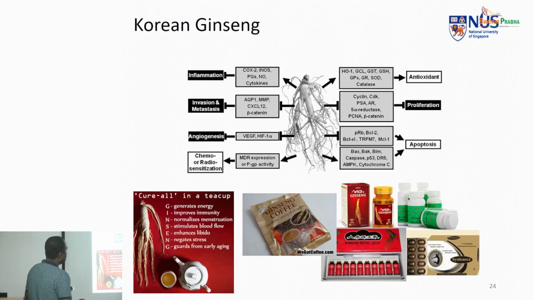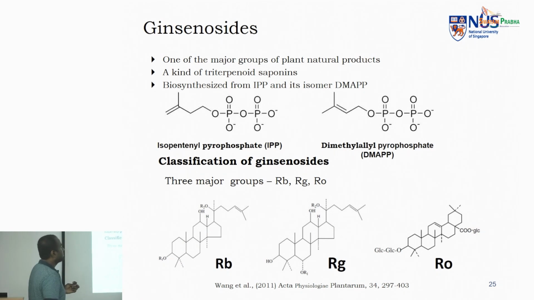And it has also been shown to have higher amounts of antioxidants, as well as a role in angiogenesis and cardiovascular diseases. Because of this, they consume ginseng widely in Korea in different forms, right from tea, jellies, extracted oils. I think they even have things like chocolates, multiple different varieties they try to consume it, or even formulated capsules as well. So because of this reason, ginseng has grown into prominence.